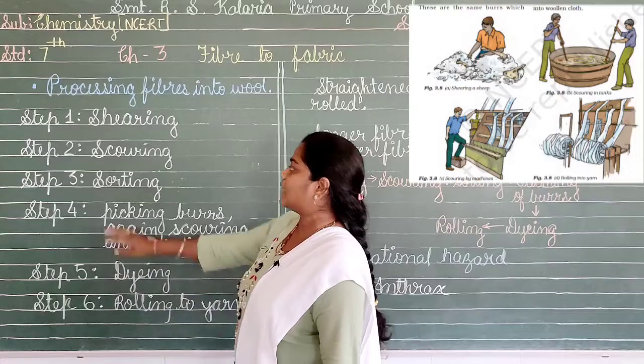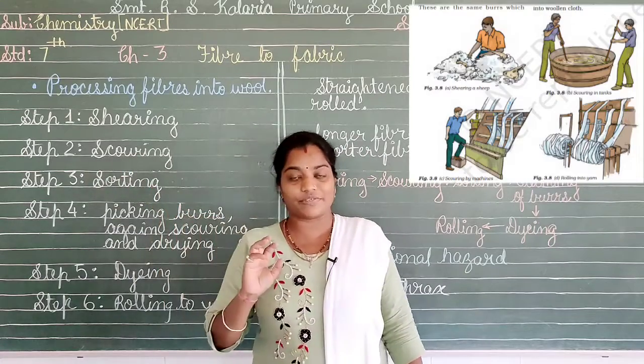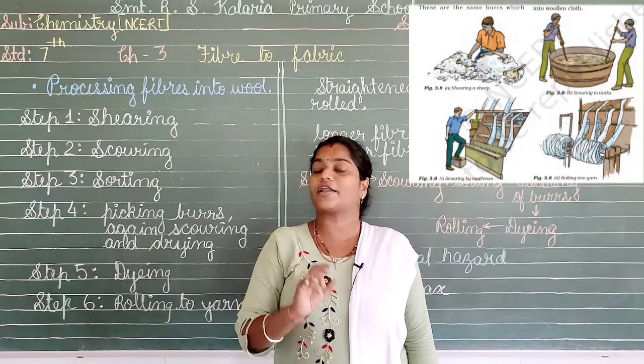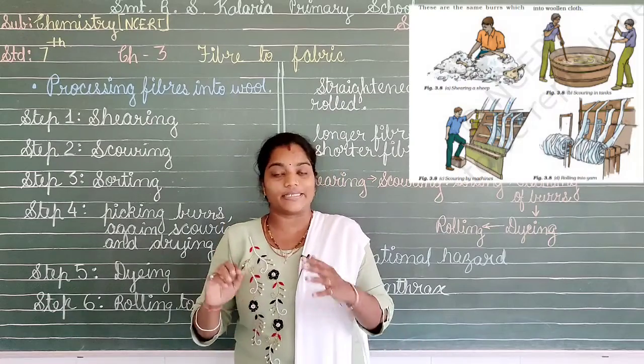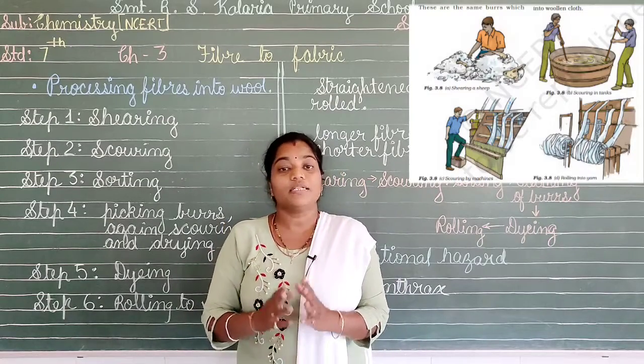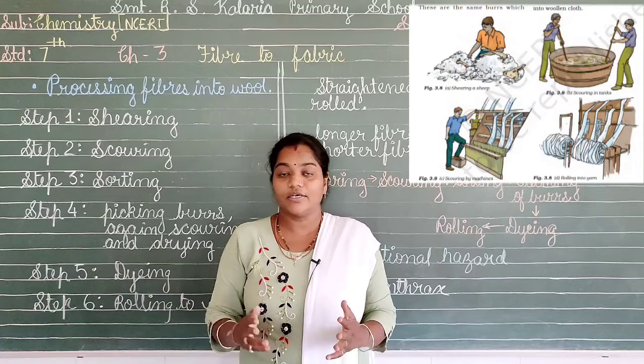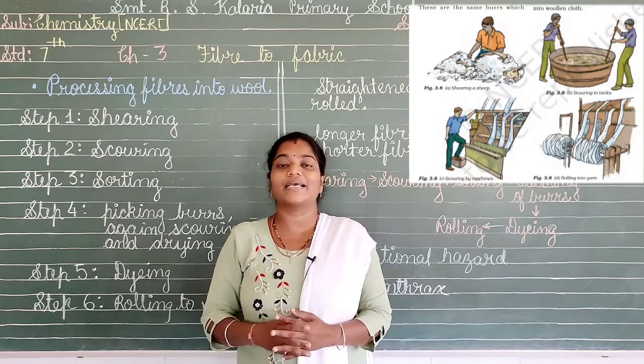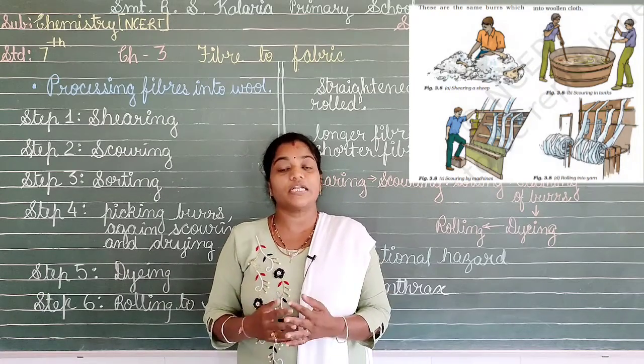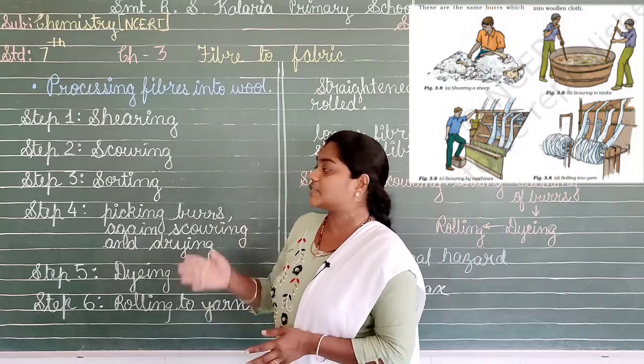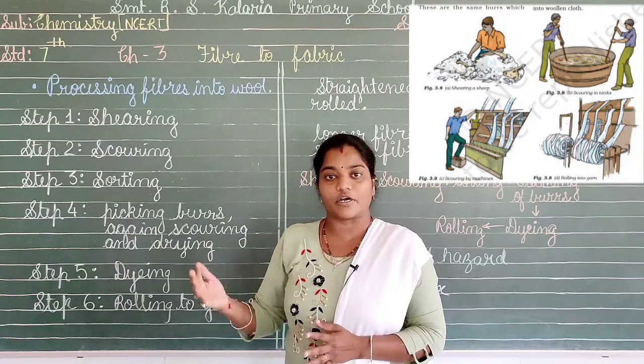Now the next step that comes is the scouring. As we have taken out the first skin layer and the woolen portion, that is the hair of the sheep, this needs to be cleaned. So they are washed in a big tank where the wool and the skin layer of the sheep get cleaned.